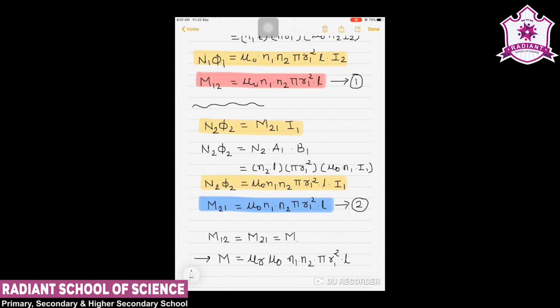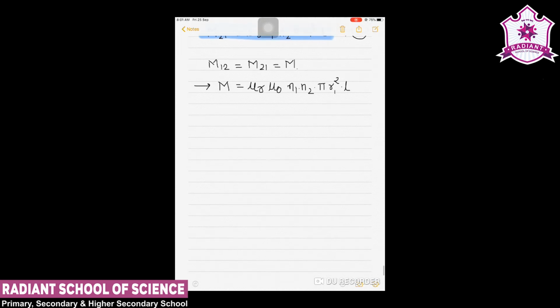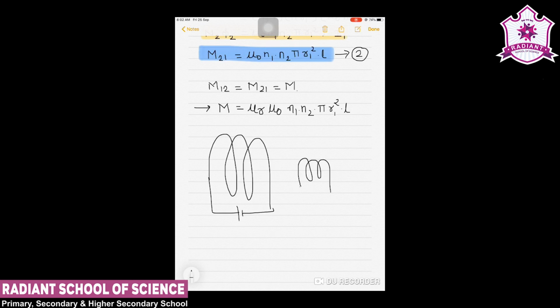Now let us consider experiment number 6.3, and in 6.2, the topic related to the historical experiment. We can consider one more thing as far as that flux change. Suppose for coil 1 and coil 2, we are given an arrangement of, say, coil 1, and somewhere it is given coil 2 with a galvanometer, and we consider that the flux linked with them is somehow common in some way,